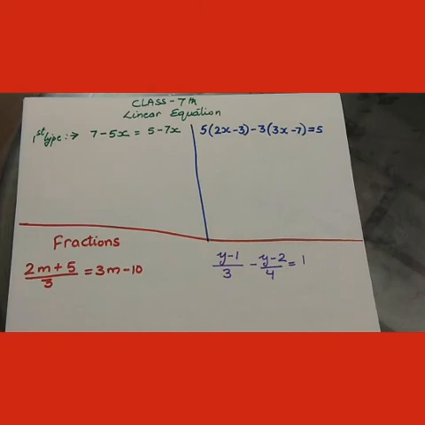A variable is one whose value varies with the question. Like when there is any unknown number, you suppose it as, let the number be x. Its value keeps on changing with every question. That's why we call it a variable. Then you have a constant. A constant is a number whose value does not change, it is the same, like 8, 7, 2. The value of these numbers is the same, whatever be the question.